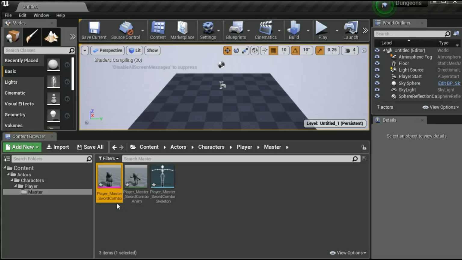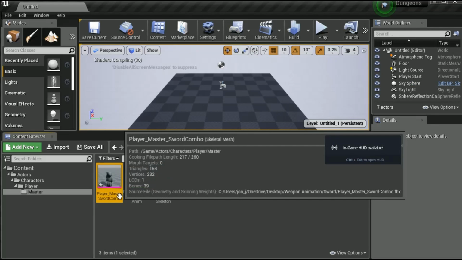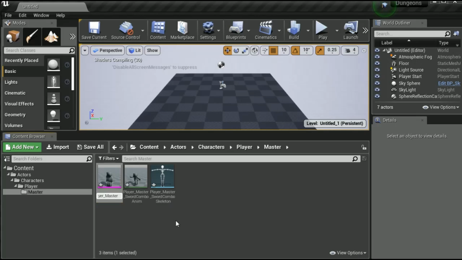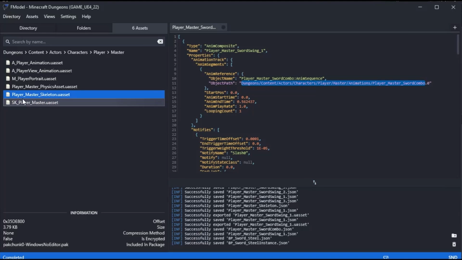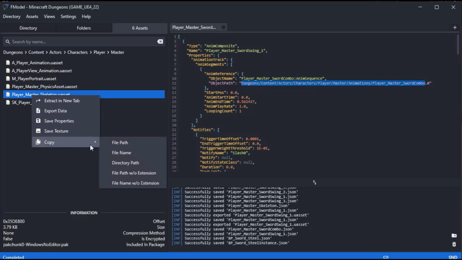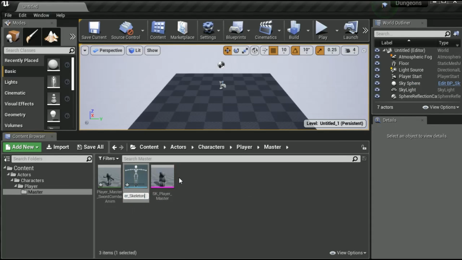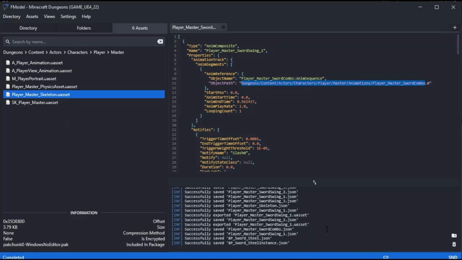That one here, player master sword combo, is a mesh. So that would be the mesh. Right, that mesh has changed. Then we need to get the skeleton, which is here, player master skeleton. Copy without the extension. So this is the skeleton. Then we've got the animation here, player sword combo Annie, which I think is actually the right name, but we